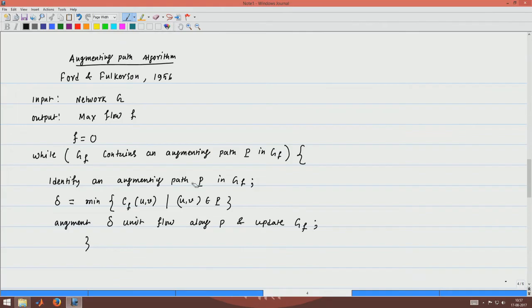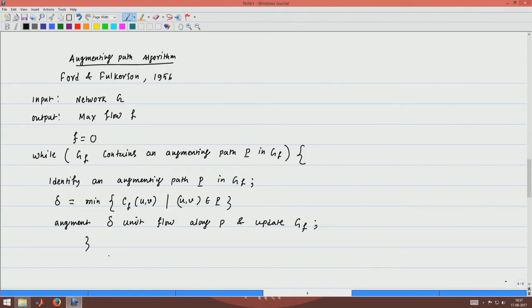If it is true, again you identify one augmenting path, compute the capacity of that path, and augment delta units of flow along that path. So, this continues till there is no augmenting path in GF,